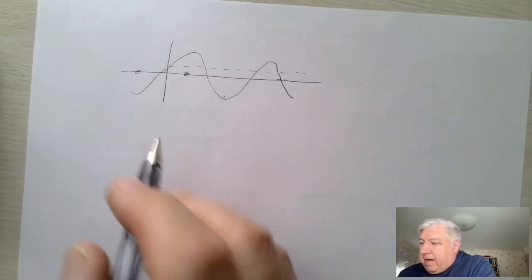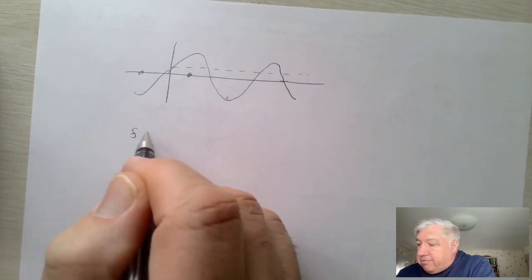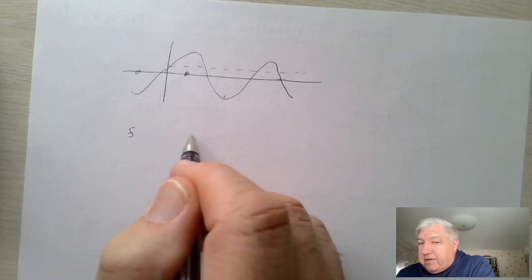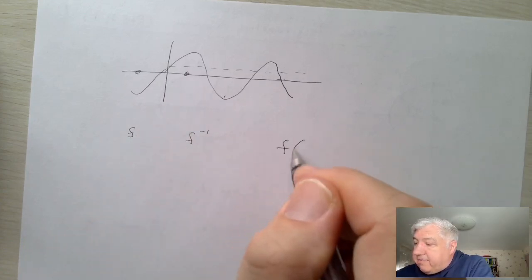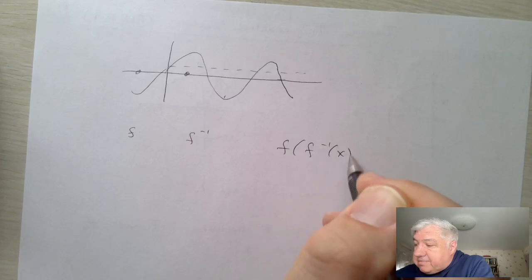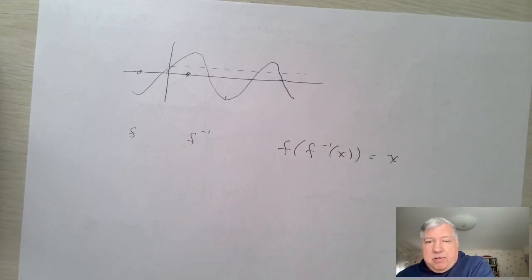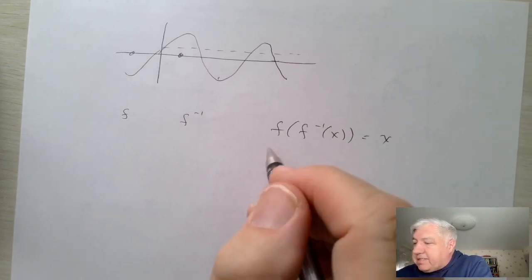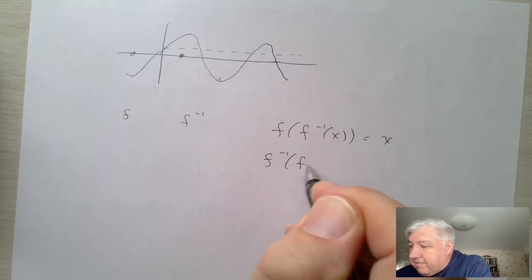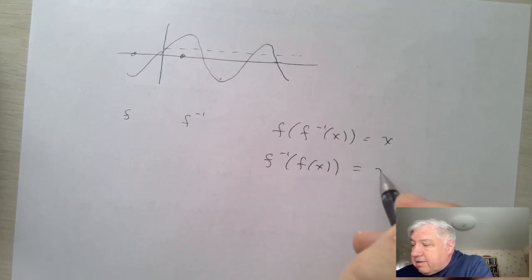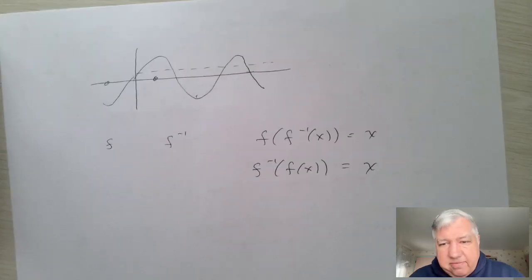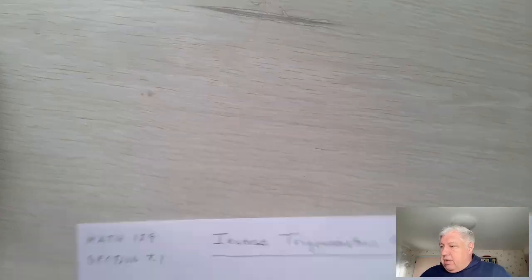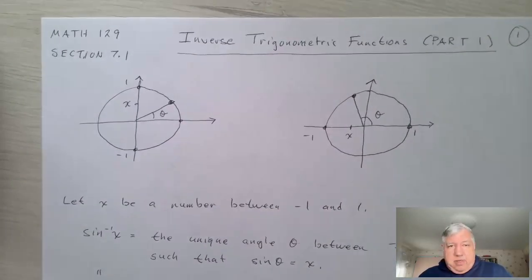So just remember that we denote, if f is a function and f inverse is its inverse, we have the property that f of f inverse of x is always going to be equal to x for when this makes sense, and f inverse of f of x is equal to x. So that's what we mean by inverses of functions. We're not talking about reciprocals. So going back to this, probably